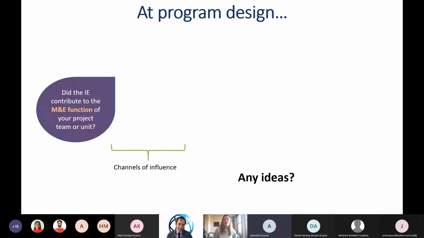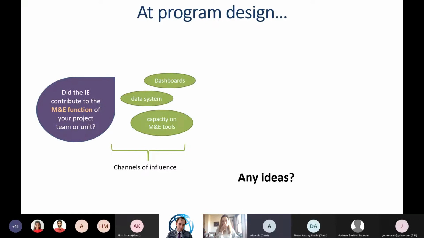But I want you again to think a little bit about programs you've worked on, or the one that Dan was referring to, and think of, as it started or even on the way, are there ways in which you tried to improve the monitoring and evaluation capacity or function within your project or team? Are there ways in which this helped you basically keep better track of what is happening or learn better on the ground? I also have an example if needed, but you know your program better than I do.